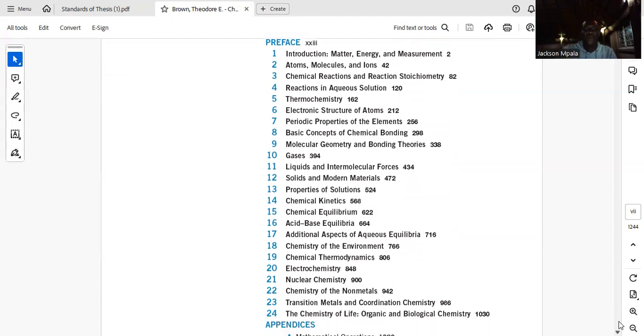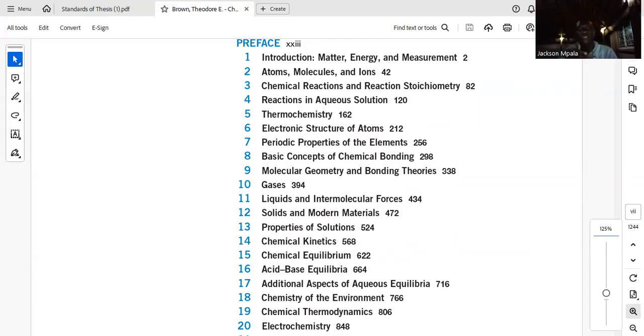So I don't have all the time, but you can see there some of the chapters. I hope you are able to see them. Maybe it's possible you can make them bigger. Yes, so you are able to see. So go through all these topics, chemical kinetics, to do with the energy. We shall see how the chemicals begin to dance when you put them maybe in a furnace, maybe you are a miner, you are dealing with the purification. So we look into issues of chemical kinetics, what type of energy do they possess? Then properties of solutions, different types of solutions, chemical equilibria.